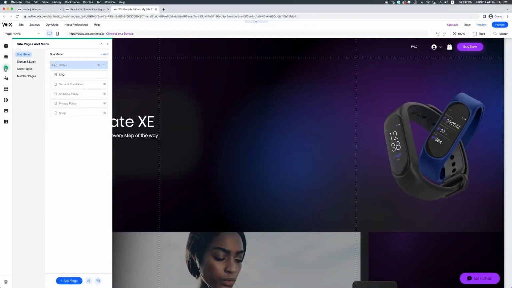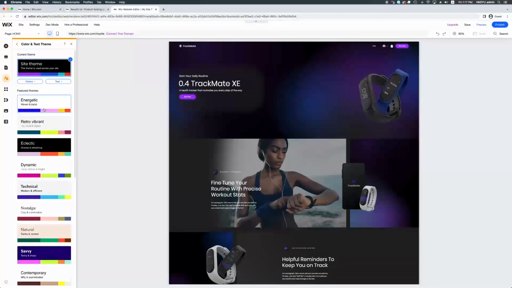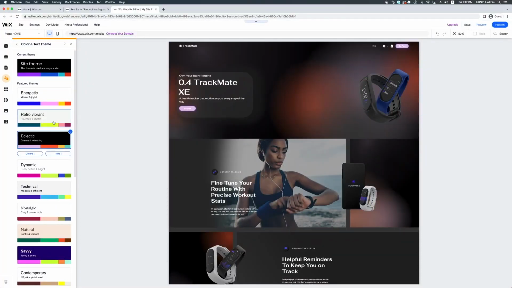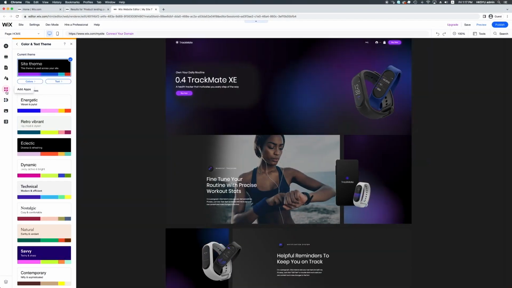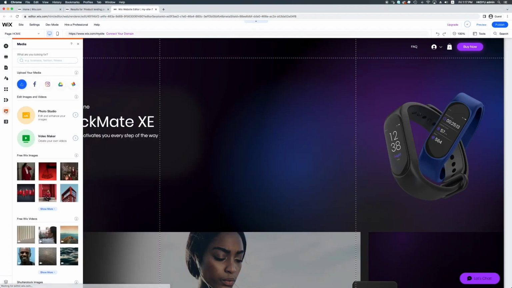The Pages and Menu panel comes next. All of your site's pages can be found here. The Site Design comes next. Here, you can see the site theme. You may change the entire design and feel of your site with just one click. You may continue to explore the remaining panels. For example,